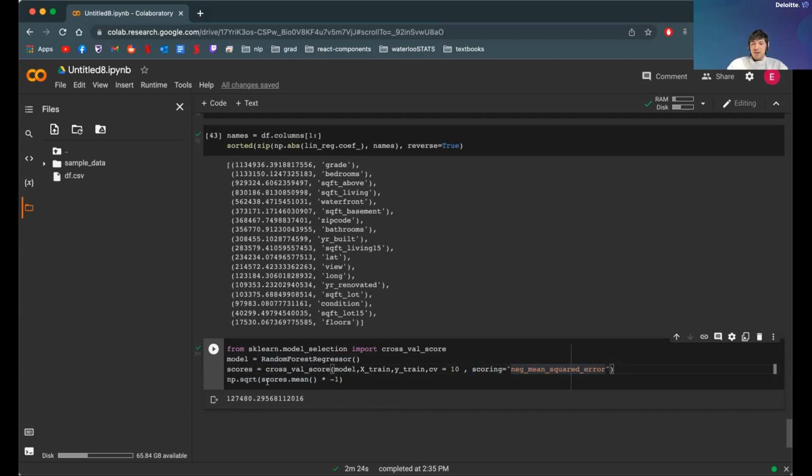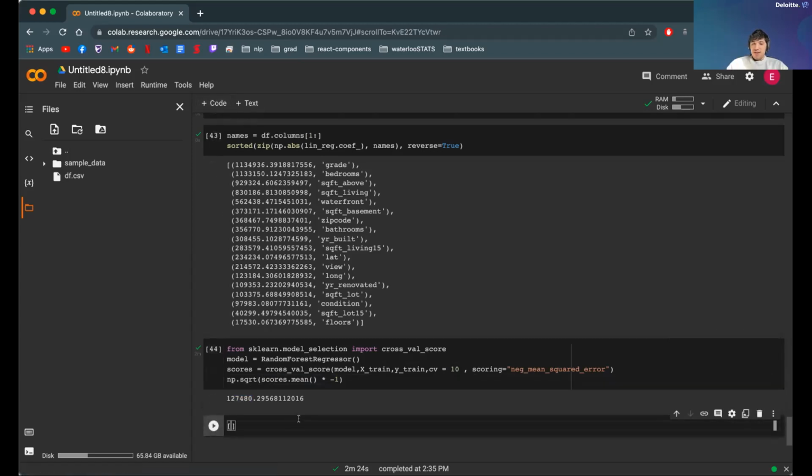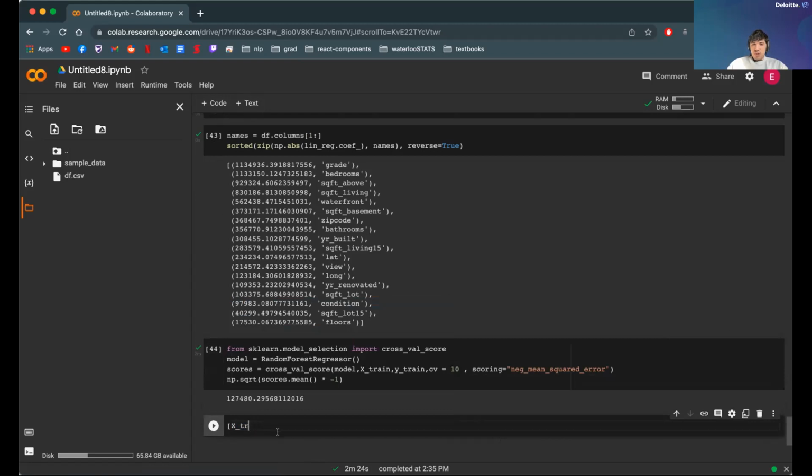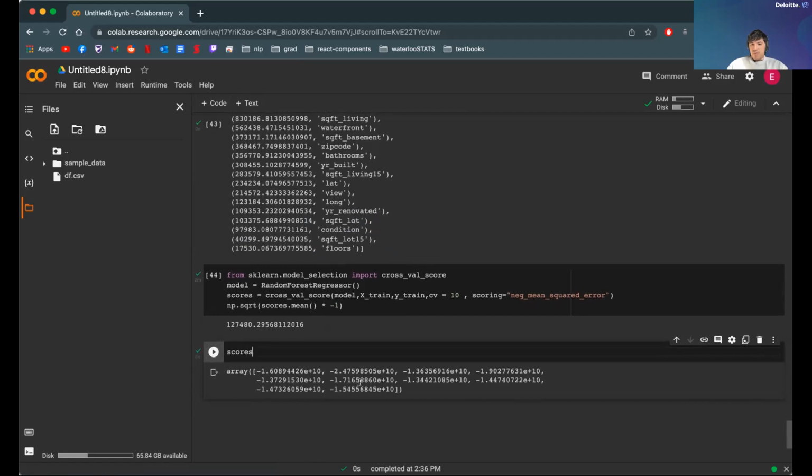But it will return negative values. So as you can see here, I'm multiplying it by -1, and this will give us our mean estimate of our mean squared errors for 10 models. So you can think of this as training 10 models. I'll just go through 5, and then I'll show you the scores. It's better, right? We have 10 models, and we're checking how all these 10 models perform, and then we're averaging them, and that's our estimate of how well our model is going to generalize